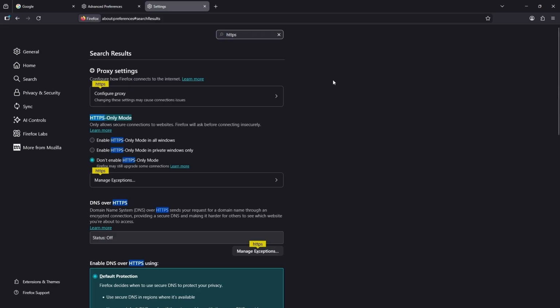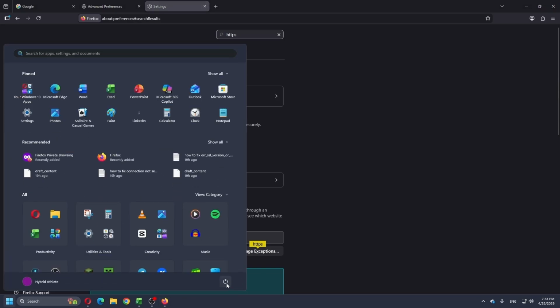Now if it doesn't, you can simply restart your computer itself. Sometimes restarting your computer, guys, can fix the issue. So try it out,